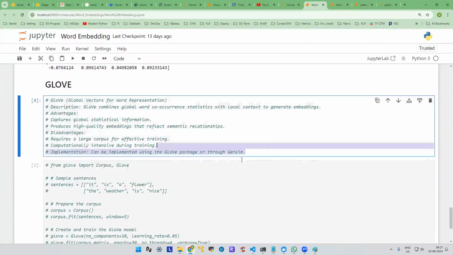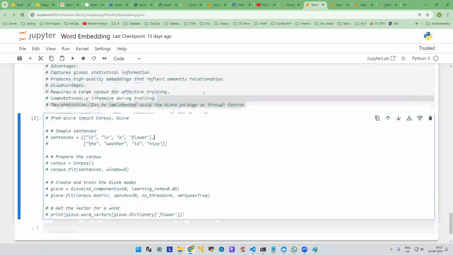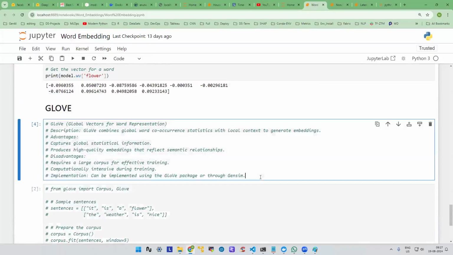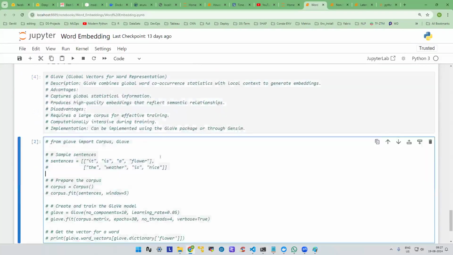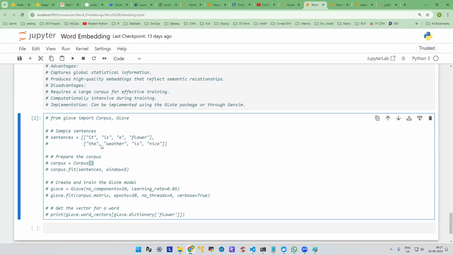Okay, so the next one is GloVe. Anyway, we are not going to use this one. These are very old methodologies. I will explain in LangChain how to practically apply on OpenAI and get the embeddings and store them in a vector database. It's more minimal in nature. Right now, the GloVe library is not working in Windows. What I did here is